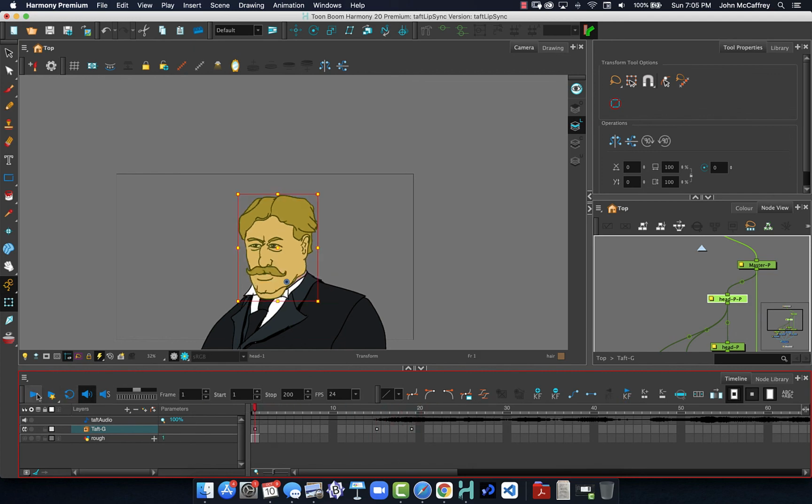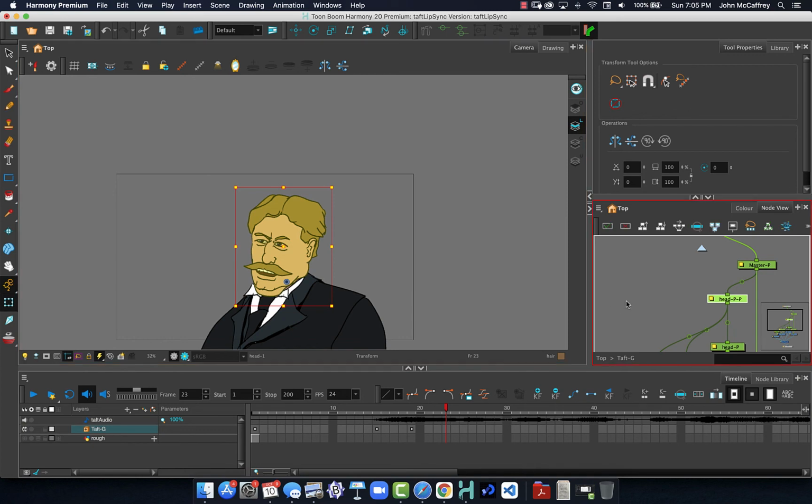Now if we hit play and watch this: "I am willing to admit." He's going to throw it back as he got louder, and then 3, 4 frames later, again setting these key poses